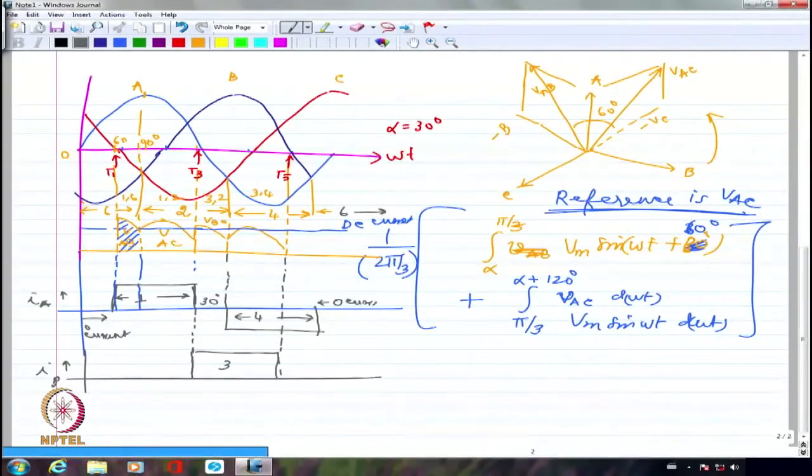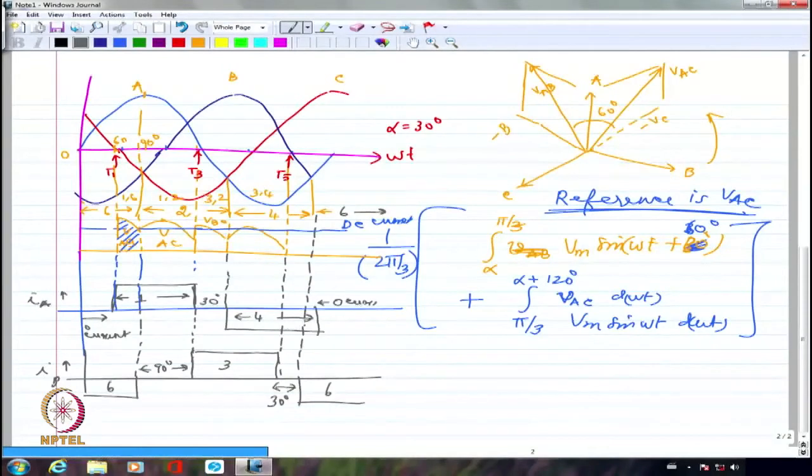And whenever 6 is conducting, so 6 is conducting here. So I'm going to have 6 conducting here, and this interval is only 30 degrees, right? But 6 is probably going to conduct again here, and this interval will be 90 degrees,